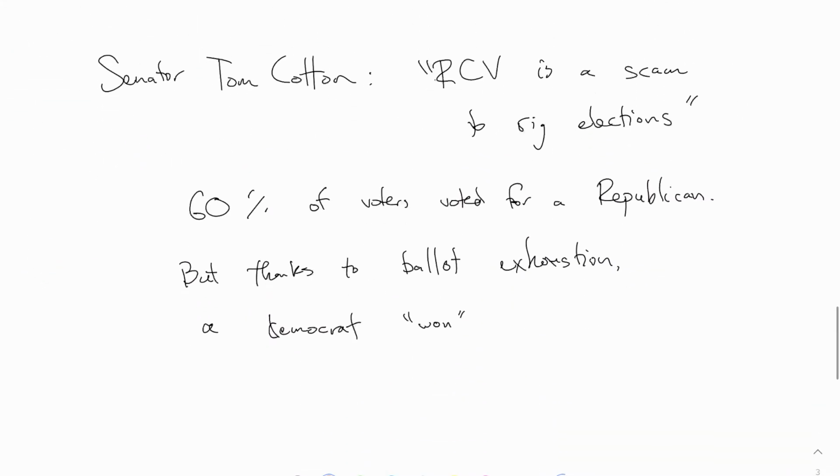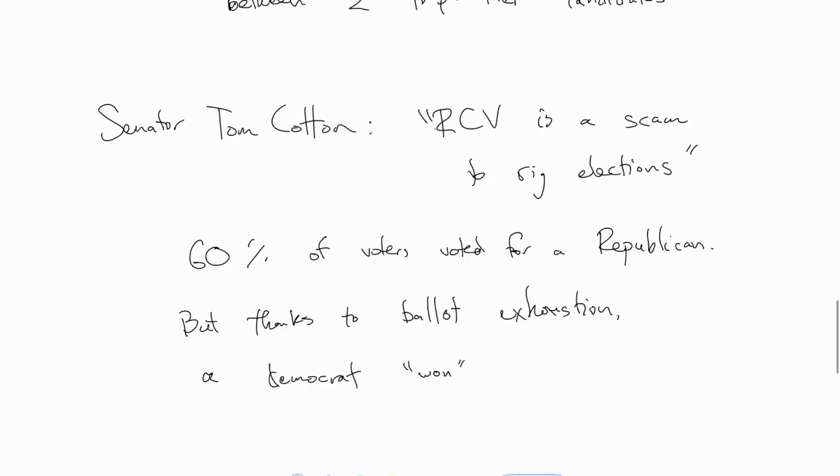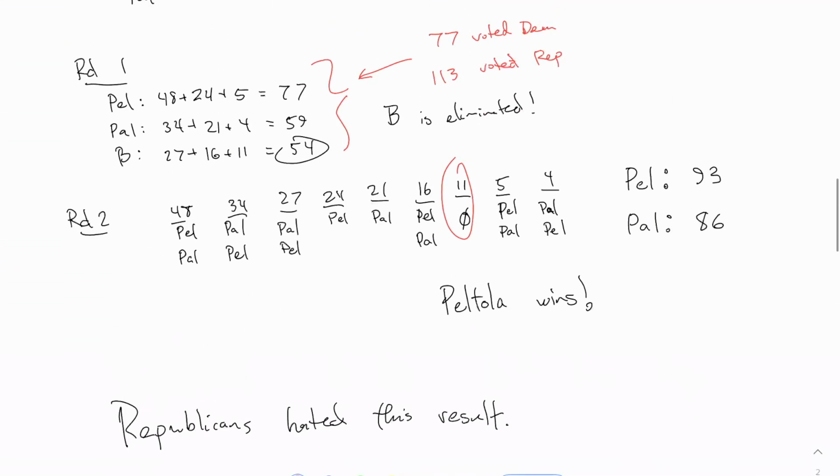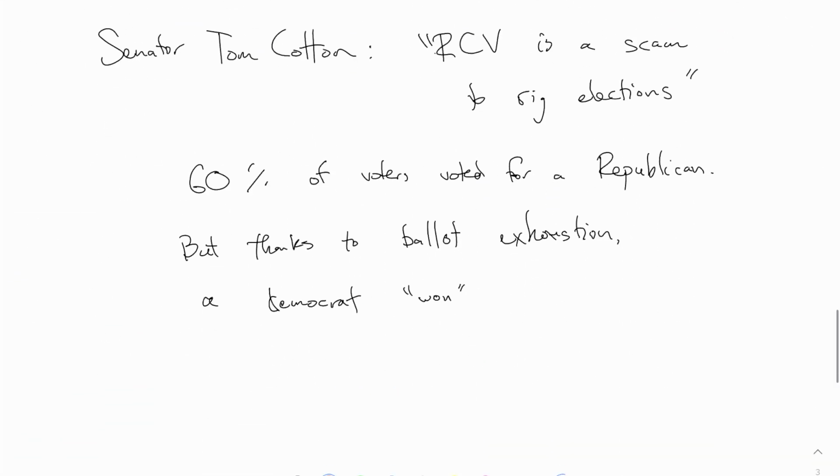Thanks to ballot exhaustion, a Democrat won. I think what he's saying is if you had not exhausted the ballots but instead counted them for Palin, then Palin would have won. My response would be, okay, but why would you count them for Palin? If you decide not to exhaust them, why don't you count them for Peltola? And I think Senator Cotton's response would be, because they're Republicans. My general response is that what he's saying is not exactly false, but the analysis